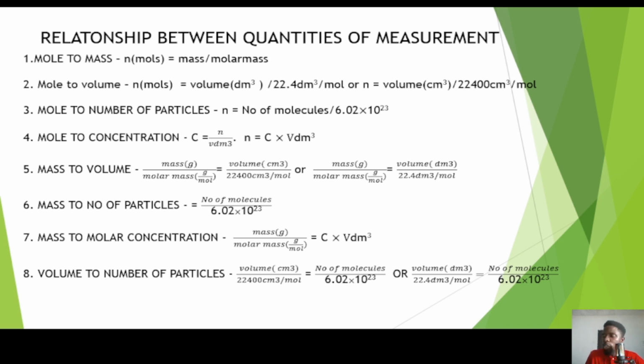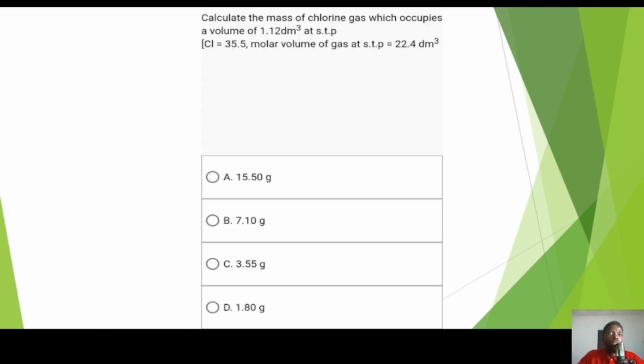So then, once we are solving questions, all you need to do is this. Look out for what you are asked to find in the question and what you are given. Relate the two of them by their formulas, and then you have your answer. Let's try some questions. We are asked to calculate the mass of chlorine gas, which occupies a volume of 1.12